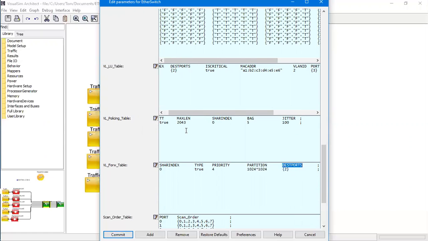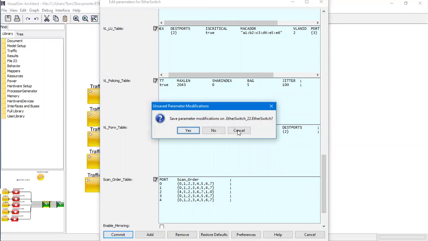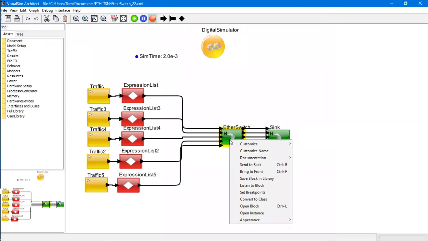There is a set of VL policing information mentioned here as well, the BAG values and the jitter values. More information on how this is set can be obtained by just doing a right click, Documentation, Get Documentation.